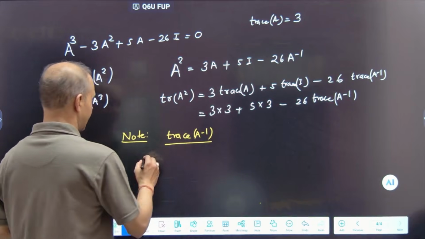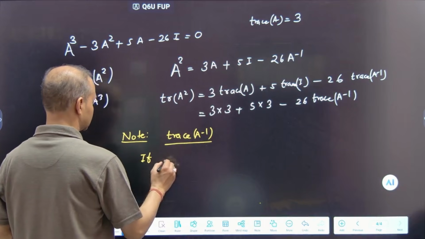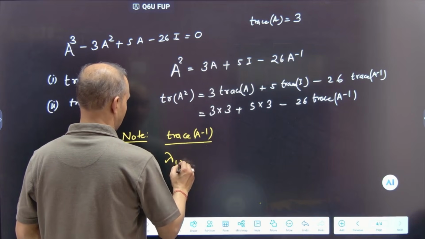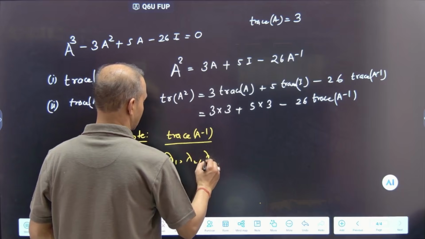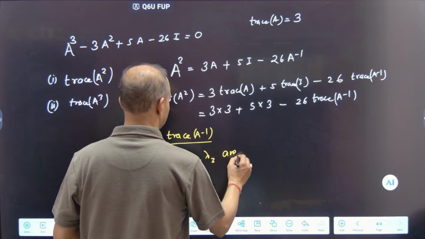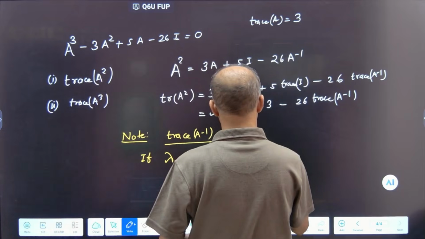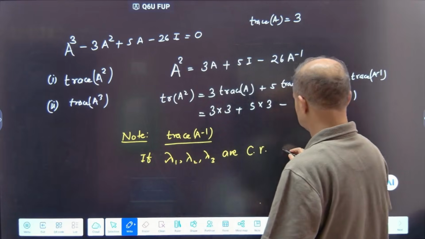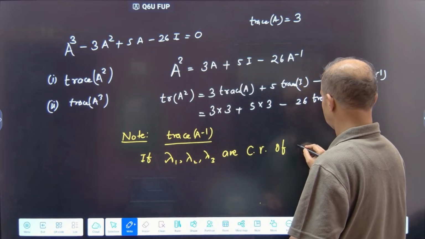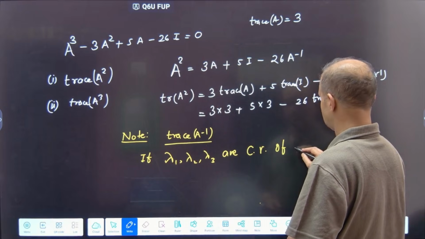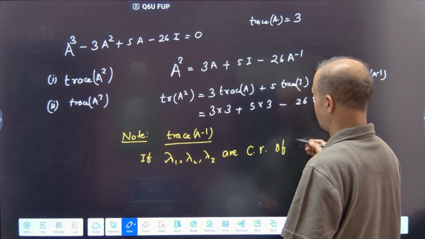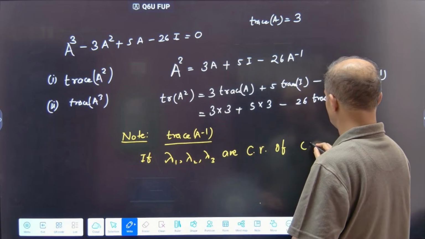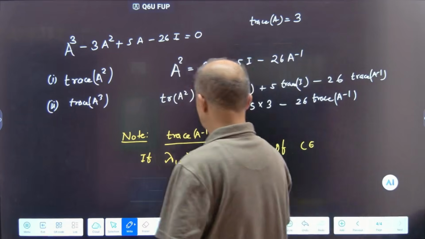So the idea is that if lambda 1, lambda 2, lambda 3 are characteristic roots here of any matrix equation or eigenvalue, any characteristic equation, then